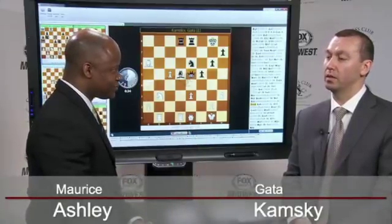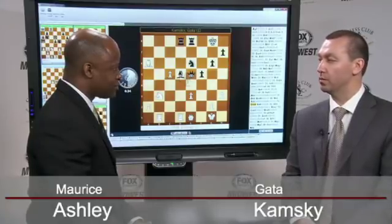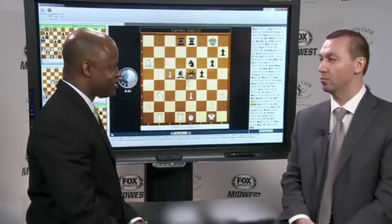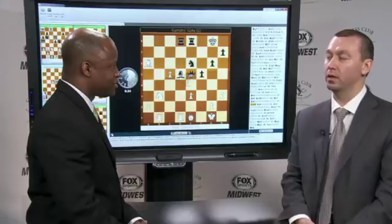Exactly, right. But then my opponent played really well. He opened the position and he got counterplay. And I thought for a long time that I was better, but I couldn't find the exact way. And then I started thinking, and usually what happens when you think for a long time, then you find a really bad move, which happened in my case. So after e3, I thought that I was already worse, and it was the matter of whether I should go for a slightly inferior endgame after queen takes e3, or just...